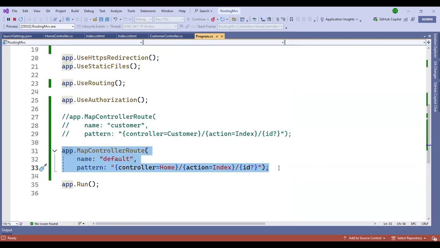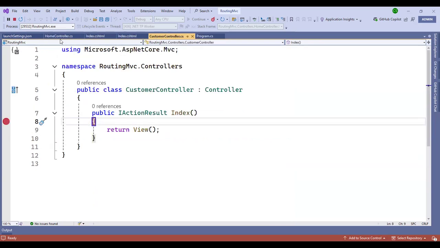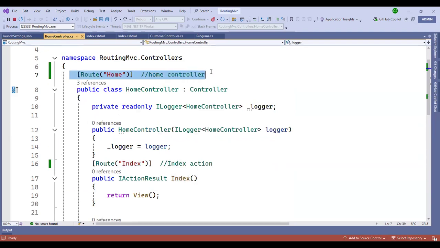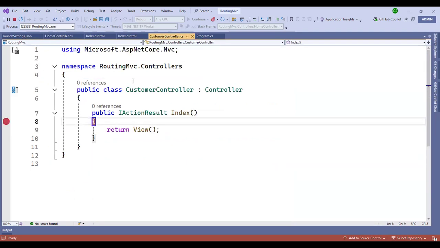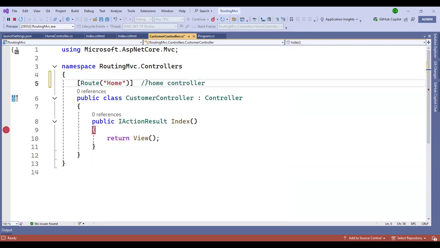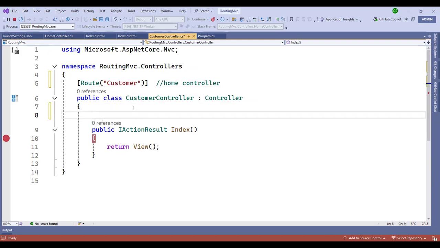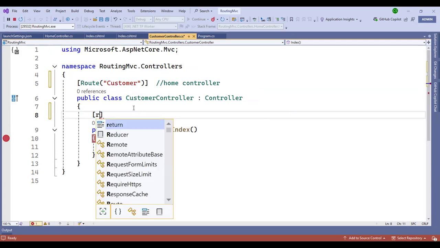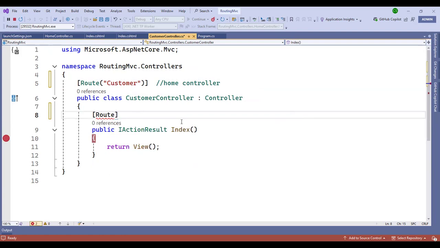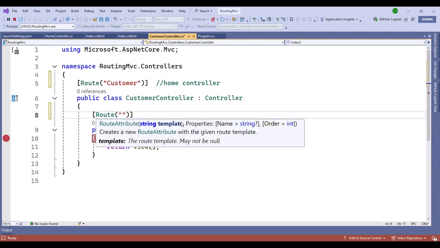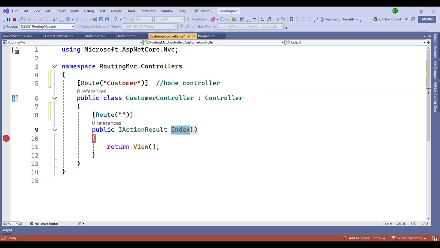Then we can move to another page; here we are using home, then go to the customer page and write the route index. For index you can write according to your name and convention. You can do anything here, index or